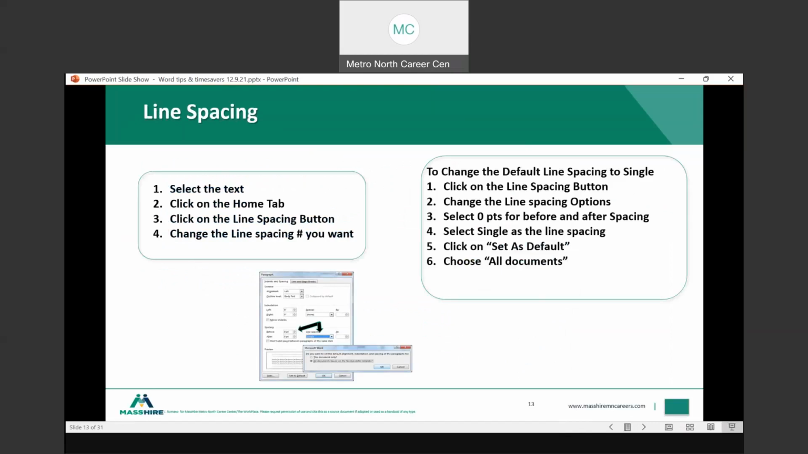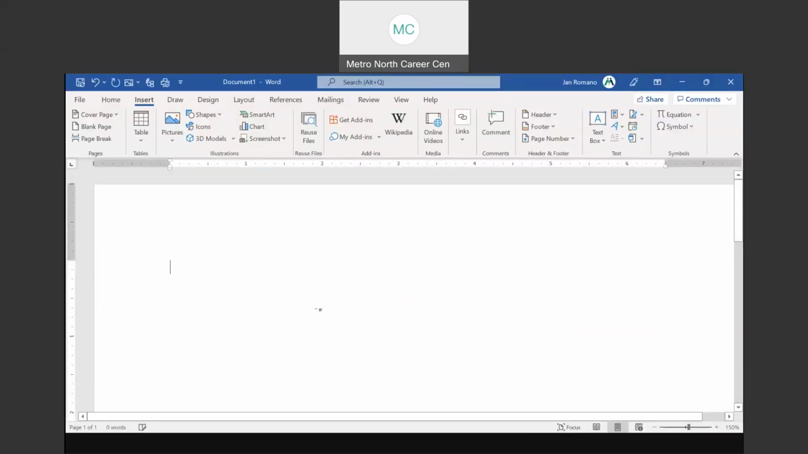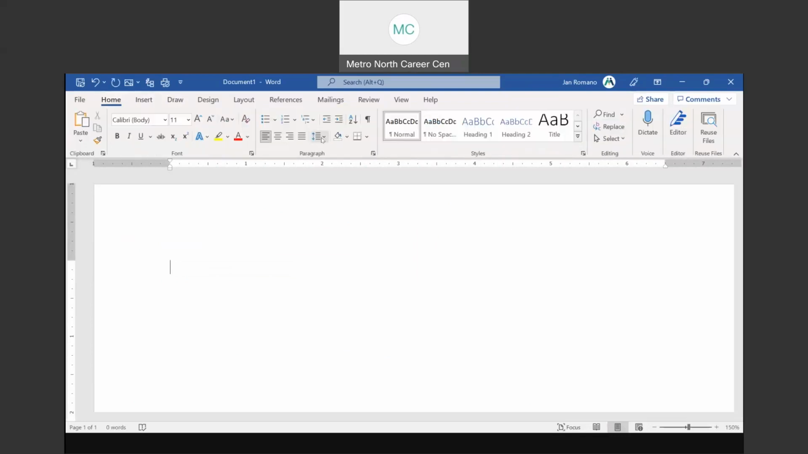So let's take a look at line spacing, everyone. I'm going to give you a quick demonstration. In Microsoft Word, typically your line spacing button is in the paragraph group on the Home tab. When you click the down arrow on the line spacing button and go to line spacing options,